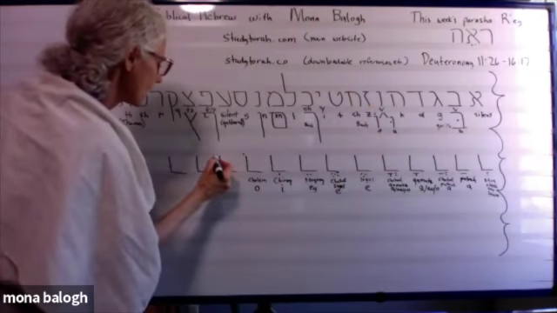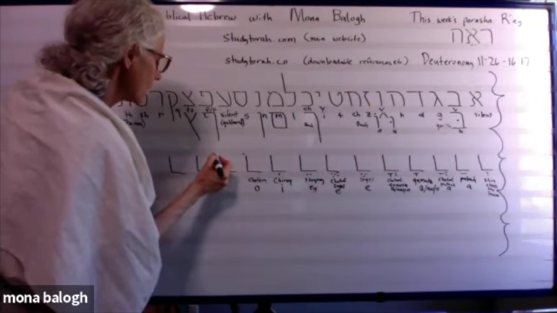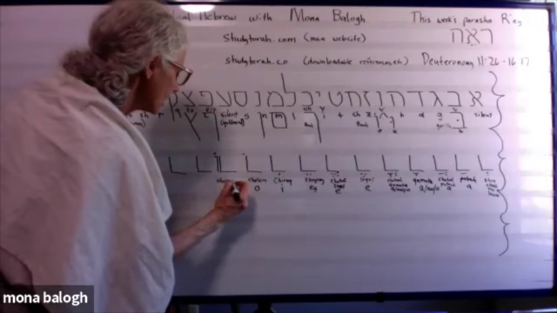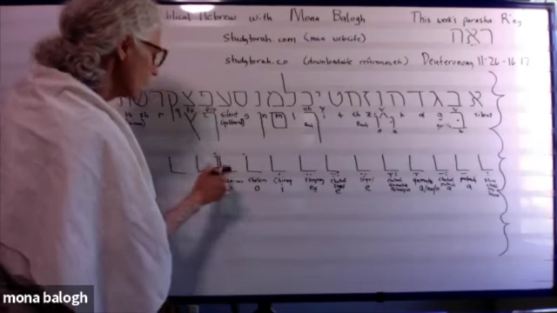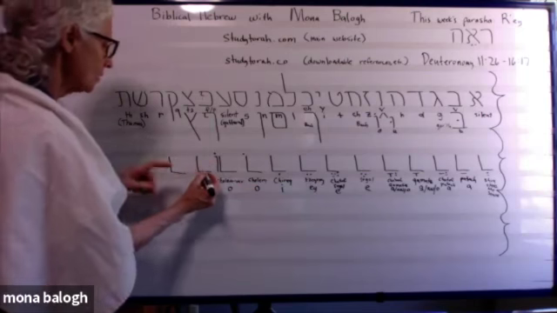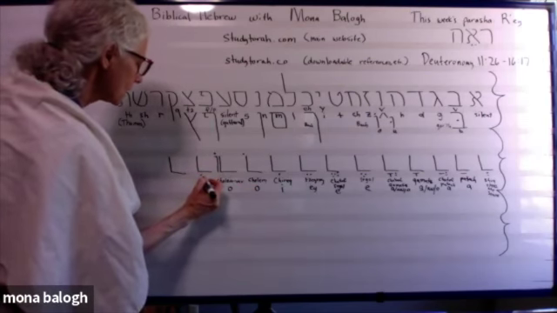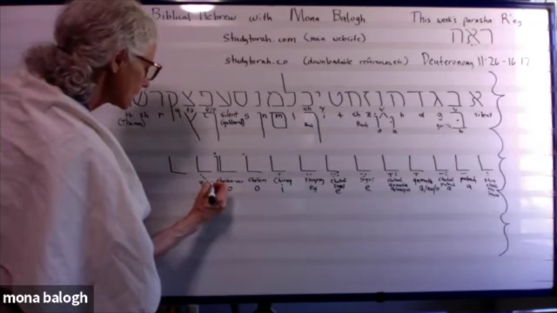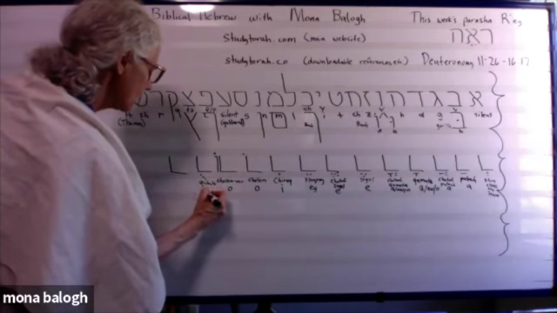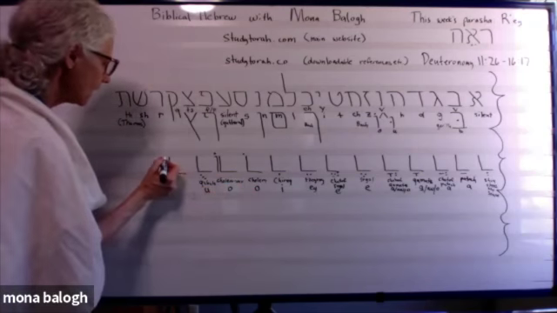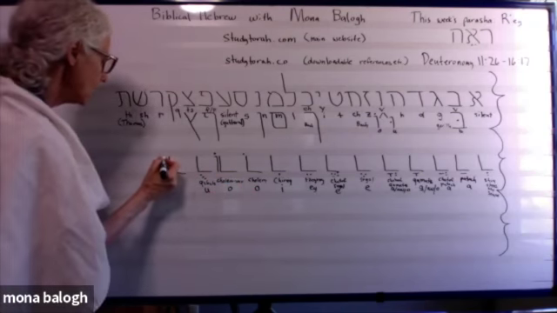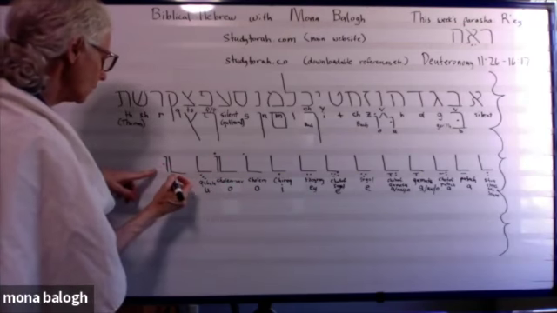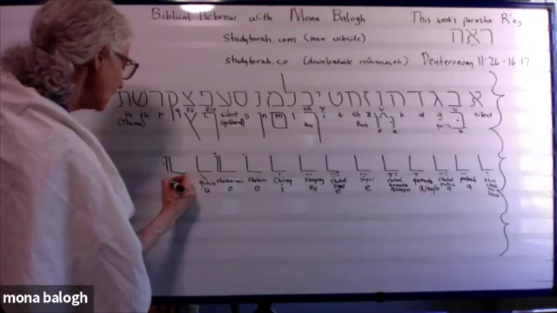So you've got the cholam vav, and that's also the O sound, lo. Next, you've got the kubutz, which has a diagonal of 3 dots, with the U sound, and so that's lu. And then you've got the vav u, also pronounced lu, and that's called a shurek,